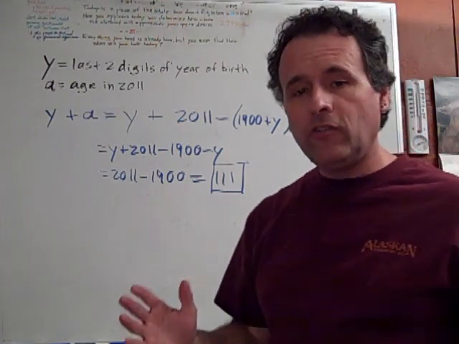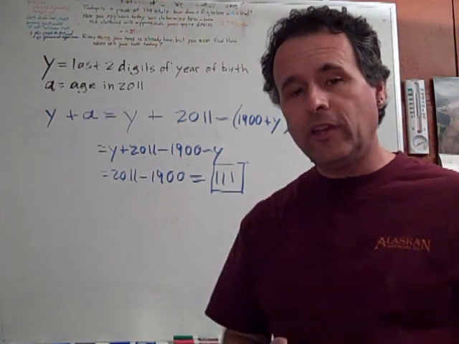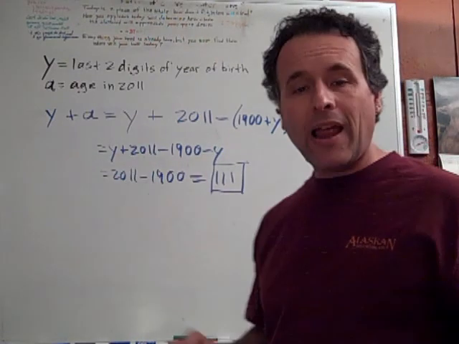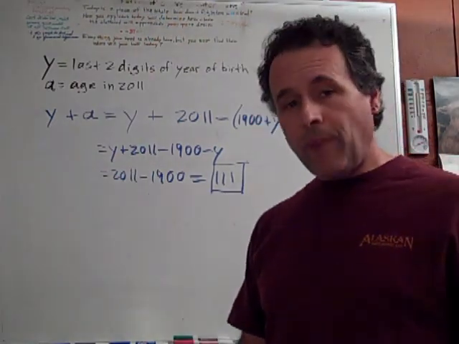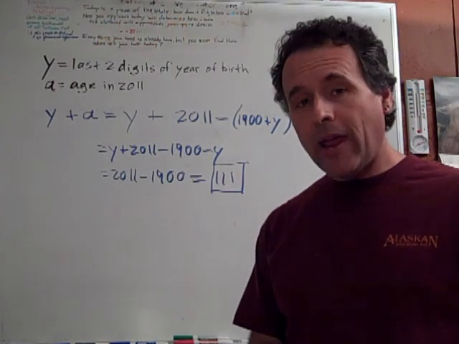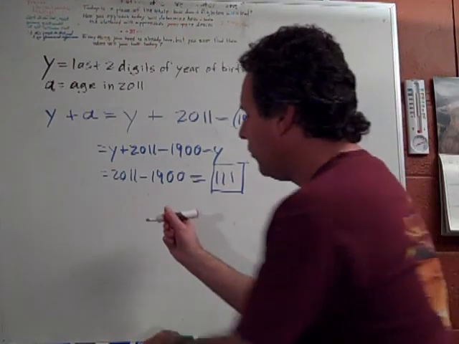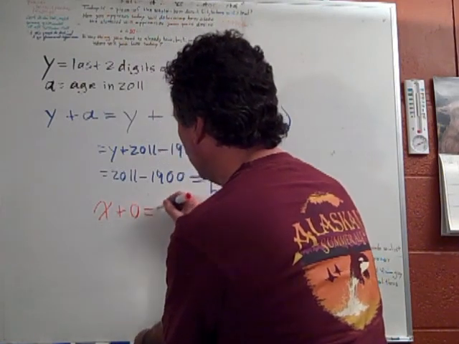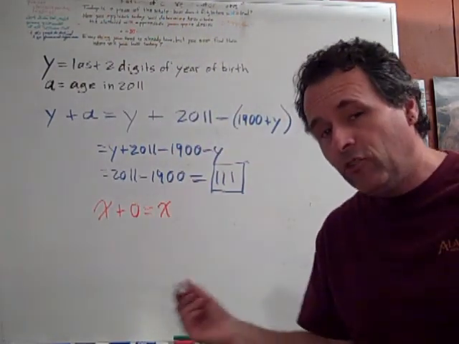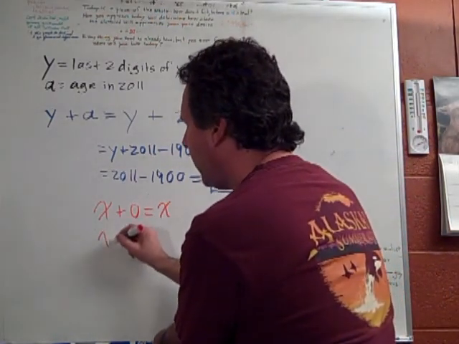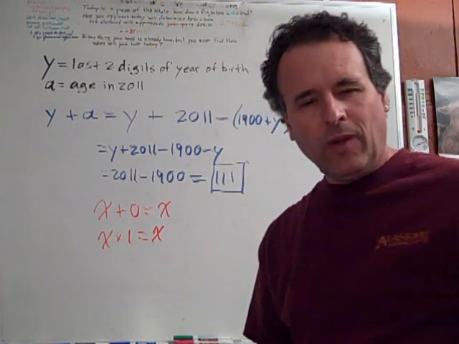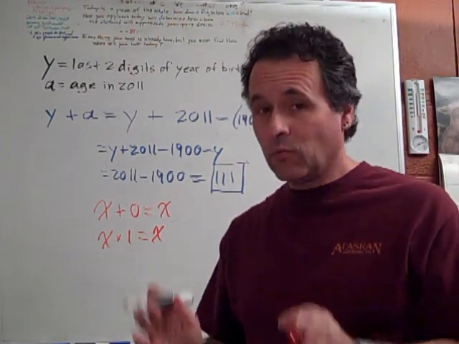Everything that's not a constant has disappeared. We've essentially put a number in and then subtracted that very number out. This is a powerful trick in mathematics, despite how simple it looks. Here's another example. All we've really done is taken something, added 0, and gotten that thing back. We can do the same thing with multiplication. x times 1 is equal to x. Well, big deal, right? Well, right.